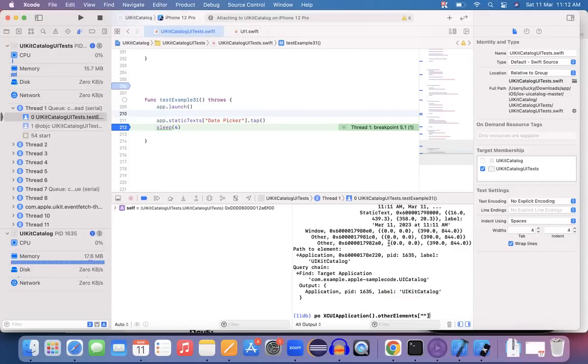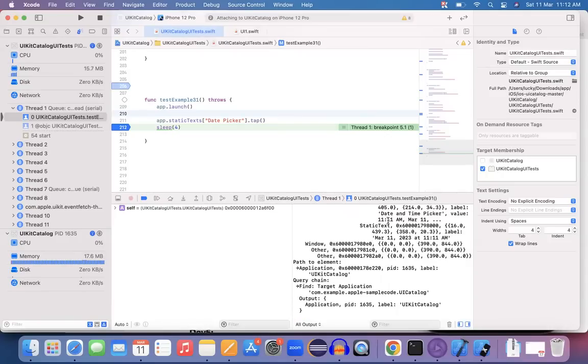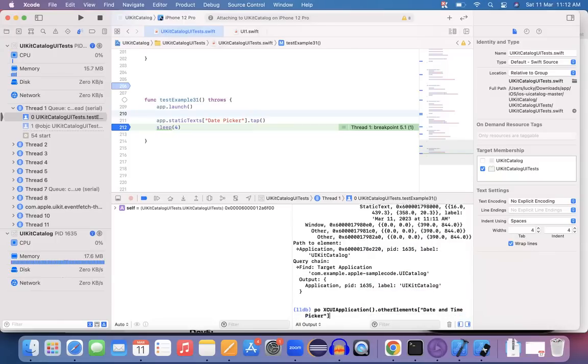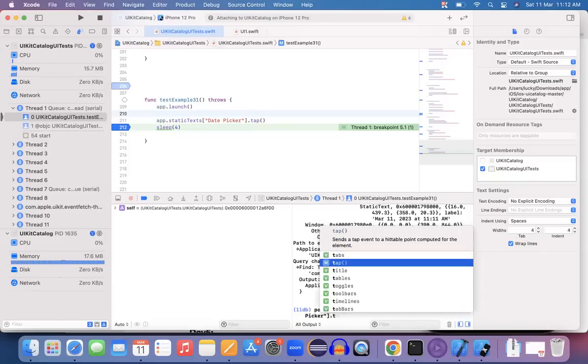What is the label that we have seen? If I scroll up, the label is date and time picker. Copy this label, date and time picker, and for these otherElements, whichever is the date and time picker, perform the tap